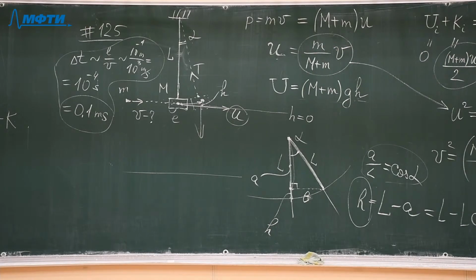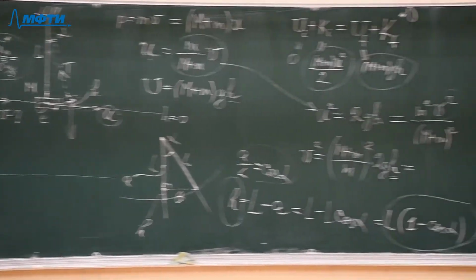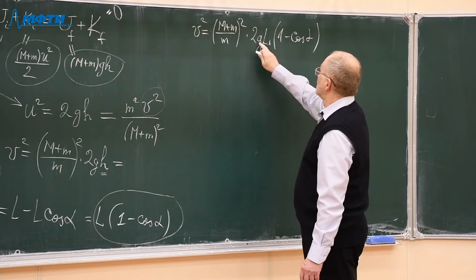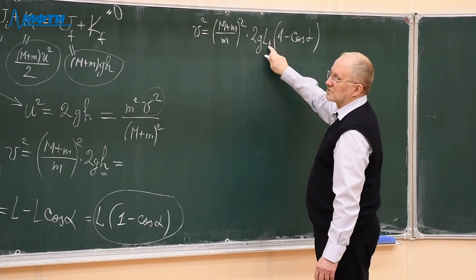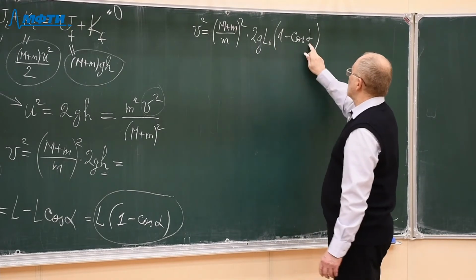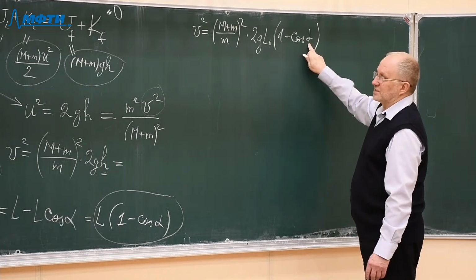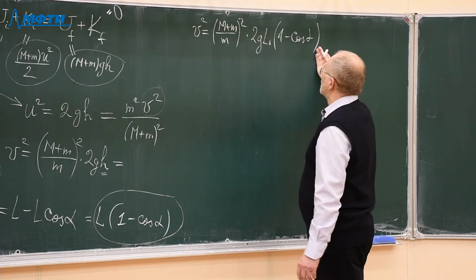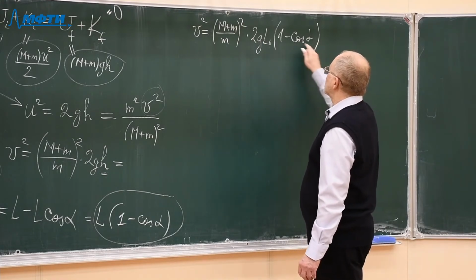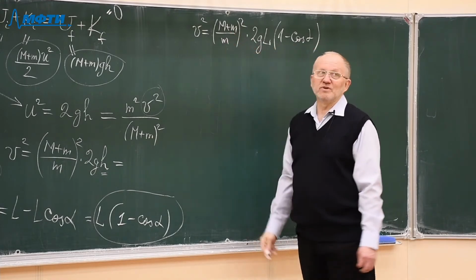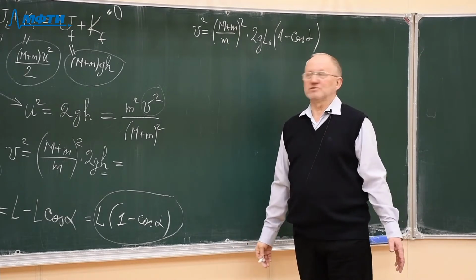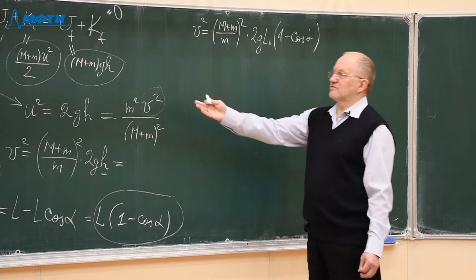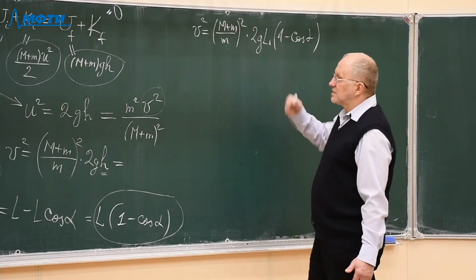So in this formula, everything is given in the statement of the problem. Masses are given, acceleration of free fall, the string length, everything, and alpha is given. So everything is known from the statement of the problem, and all these quantities actually can easily be measured in an experiment. If you carry out such an experiment to determine the velocity of the bullet, you can easily measure